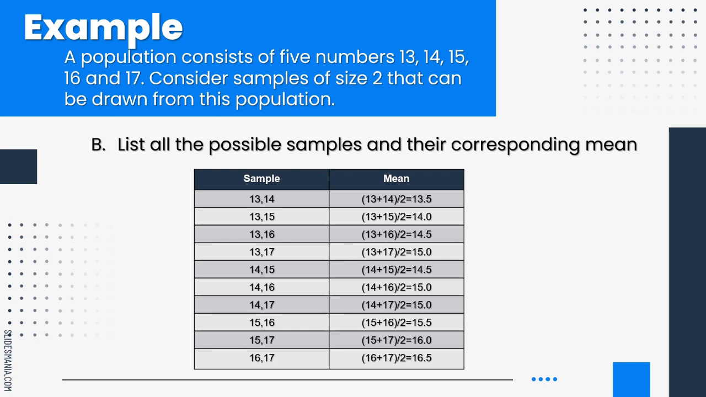We will add 13 and 14 for the first row and divide by 2, that is equal to 13.5. For the second row, we have 13 plus 15 divided by 2, that is 14.0. For the third row, we have 13 plus 16 divided by 2, that is equal to 14.5,